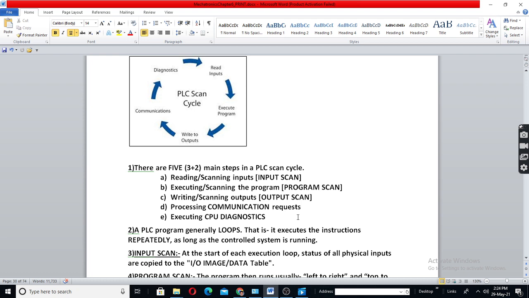Or if it is raining, you will have to switch on what is called as, I forgot the name, the wiper, to clear the water when it rains. Okay, so according to the input, you will have to scan, and output scan means what?